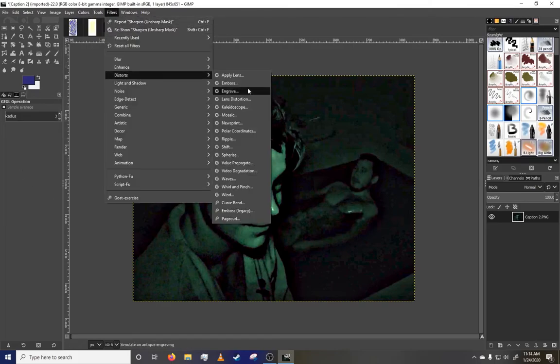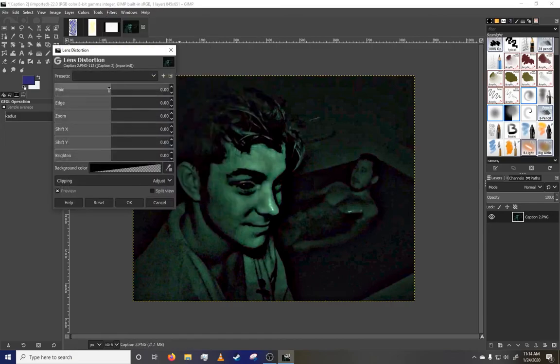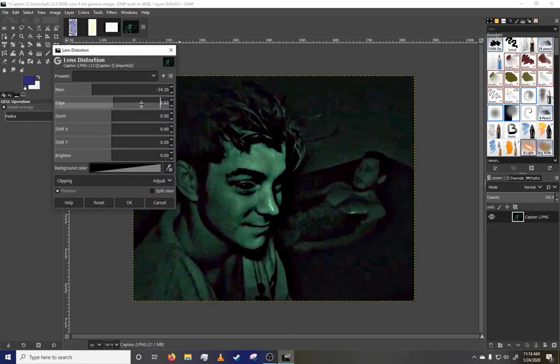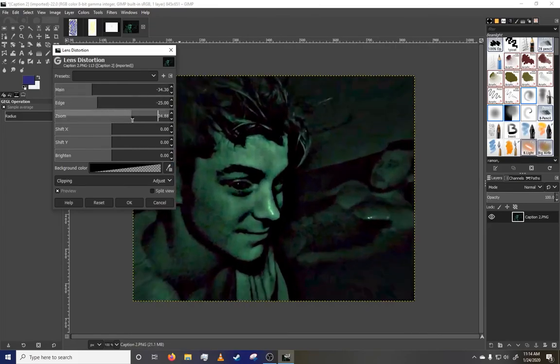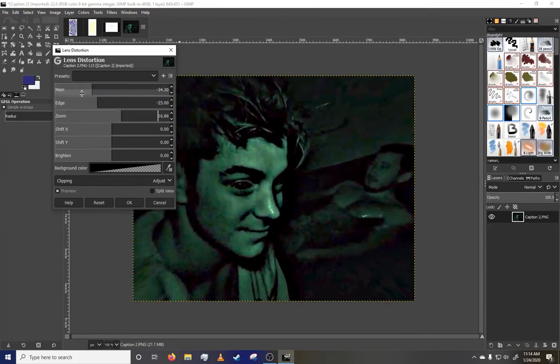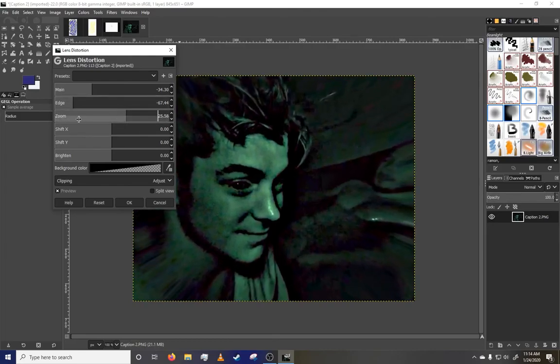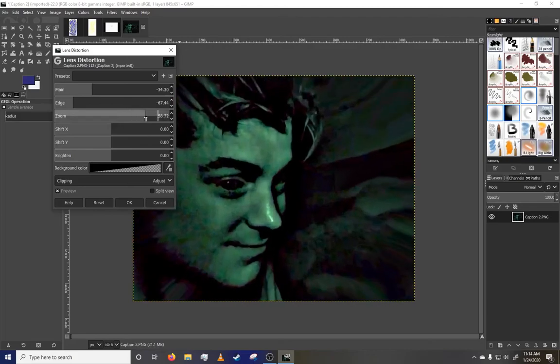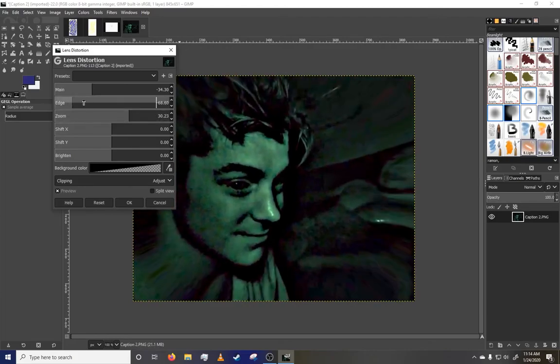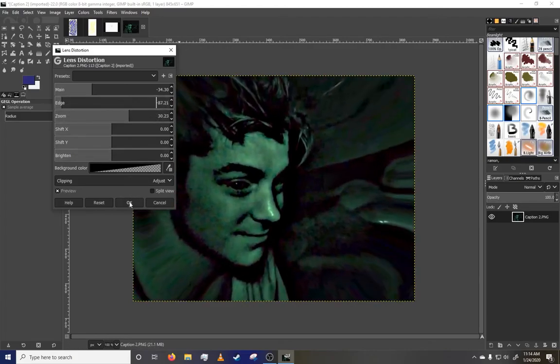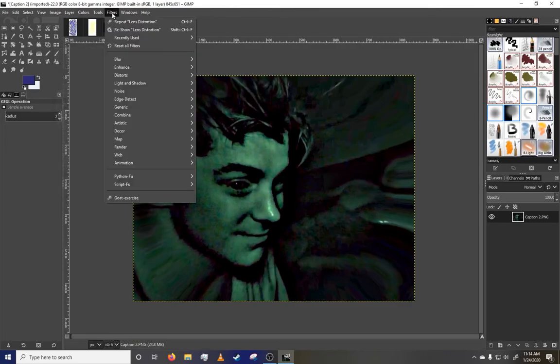We can also distort the image. Lens distortion. Make it look like a television if you want to. Edge, zoom. Good gravy. I'm having way too much fun with this. This is not why you guys signed up for this, but... Okay. This is the image that we're going to work with from now